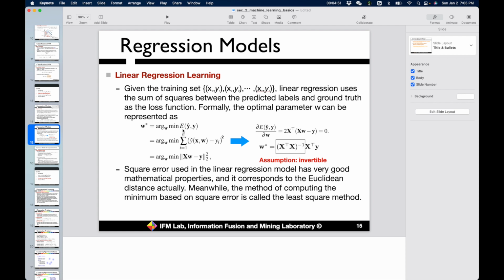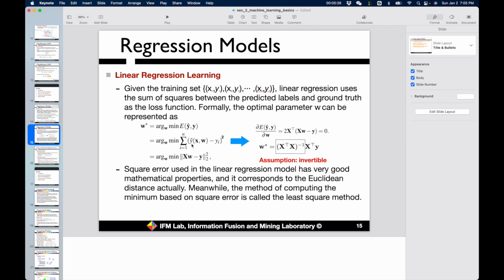We can define the E function as the sum of squares between the true outputs versus the predicted outputs, right? So by summing them together, we want to minimize the loss function. So to train the model, right? You can follow me, right? Given the model, we can generate the predicted outputs by the model, and we can compare the predictions versus the true outputs. And by comparing them, we can define the loss function. We want to minimize the loss function, of course, right?